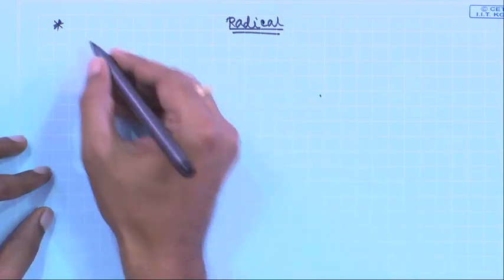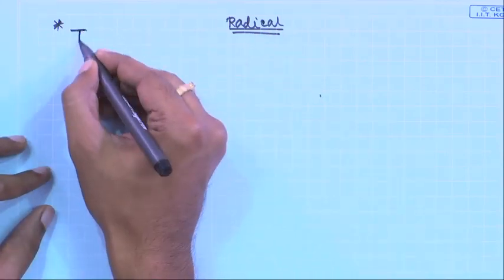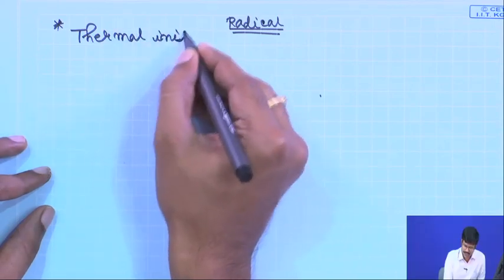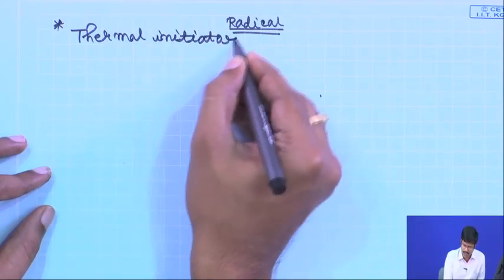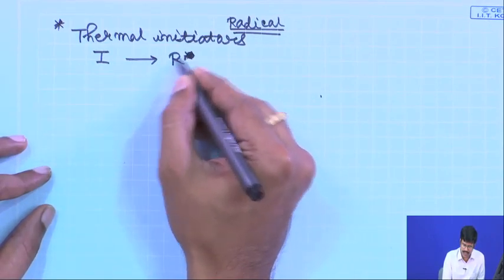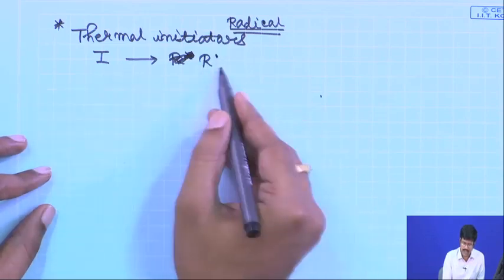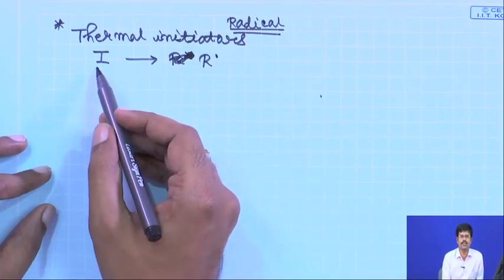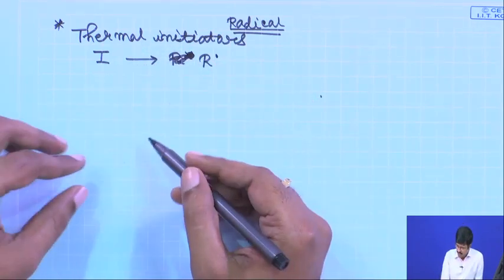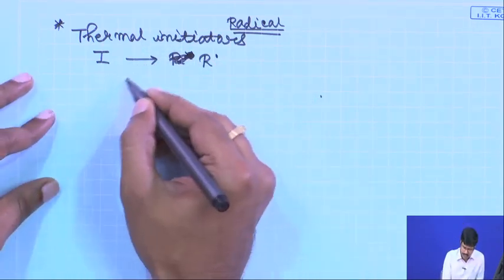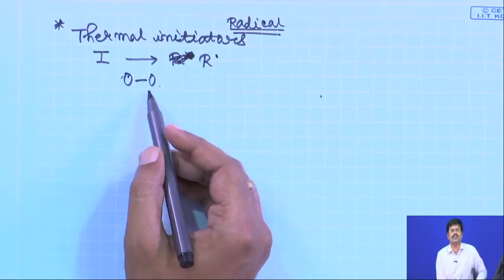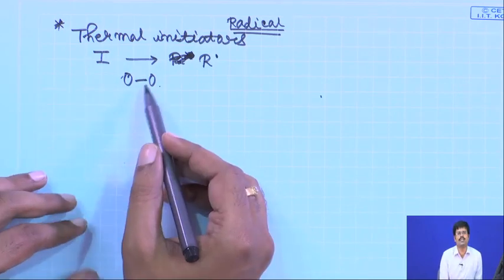So, the initiators that you could use, they could be thermal initiators, means this reaction that I is forming R star, in this case R dot, this reaction could be thermally initiated. Your initiator could be decomposed by heating or dissociated by heating. So, mainly the kind of bonds that will be present in the initiators that can be used for thermal initiation